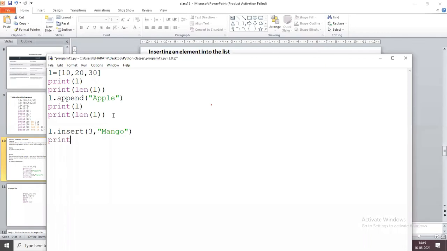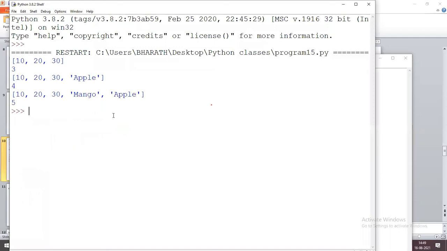If I print L, and I'm going to print the length of L also. So this is the mango inserted at the third location. 10 is at 0, 20 is at 1, 30 is at the second index, and mango is at the third index.